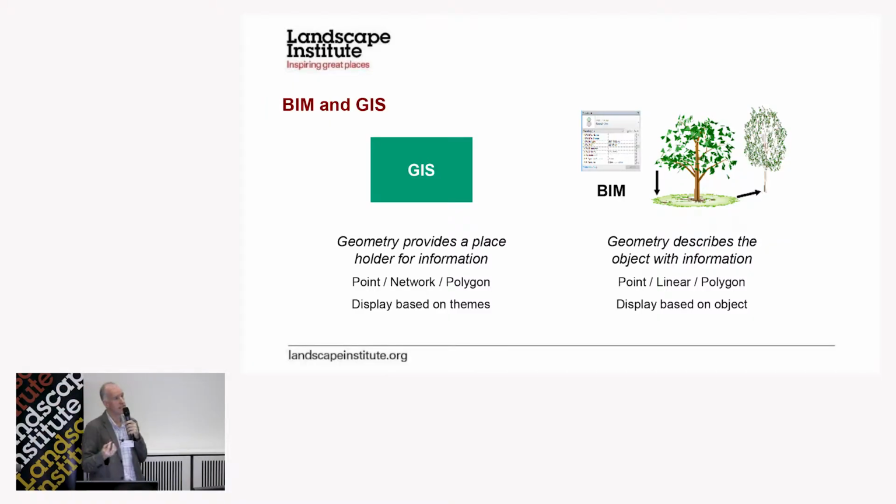And when we start talking again about similarities, when you start looking at GIS, really all GIS is placeholders for information. And that placeholder information can be on 3 levels. One is point data, a physical tree or a bollard. It can be linear data, networks, which is a sort of a curb line or a fence line, which also includes point, because at the end of every fence panel you've got a node, which is a point, and polygons, effectively areas. And with GIS, the data is king, so the placeholders can be themed and coloured based on the